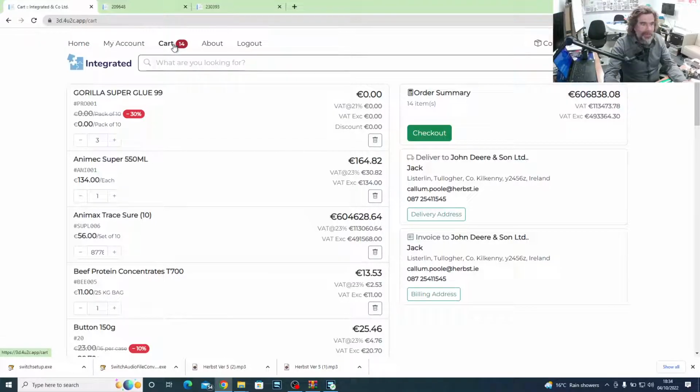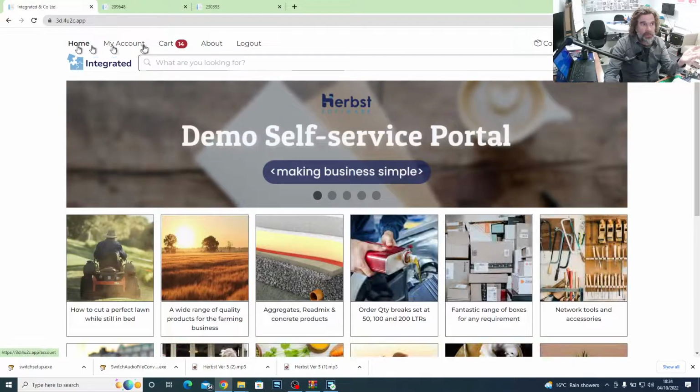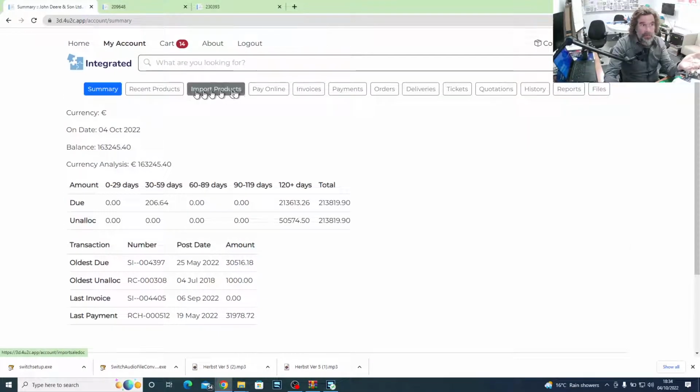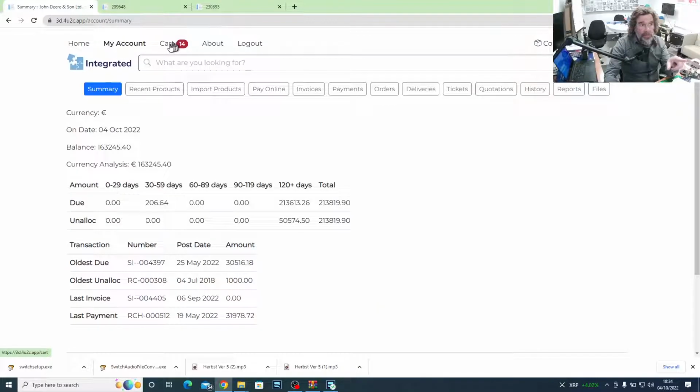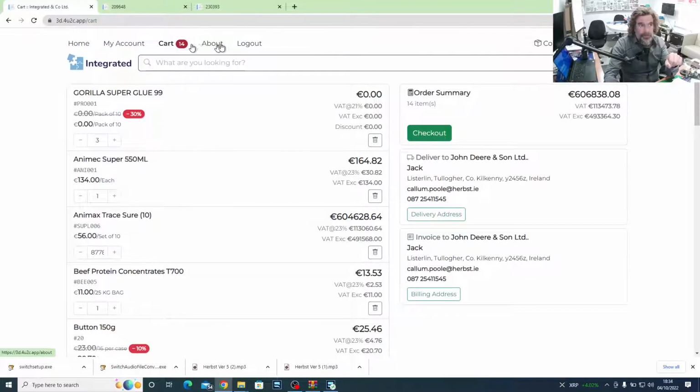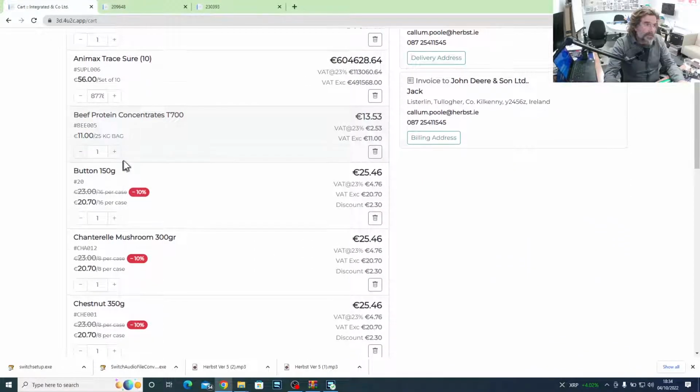And if I go to my cart, a little bit like Amazon, we'll try and replicate that kind of scenario as much as possible. So there's a certain amount of familiarity and you don't really have to know what you're doing. You have the home page, you have my account, which shows you all this kind of functionality, including your statement. And then you have the carts, and you have an about page where you can say certain things about your company. And here I have the different items, my prices,